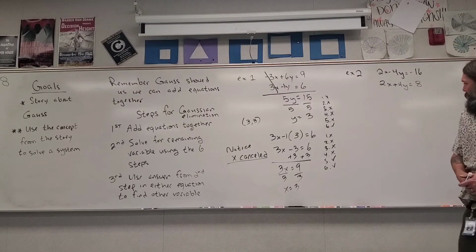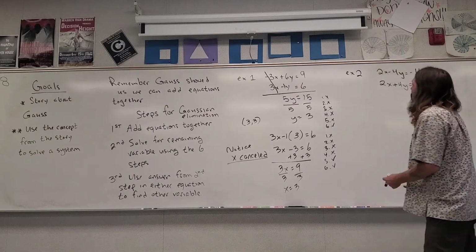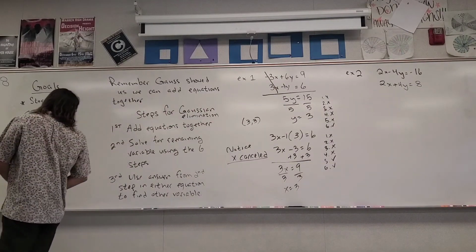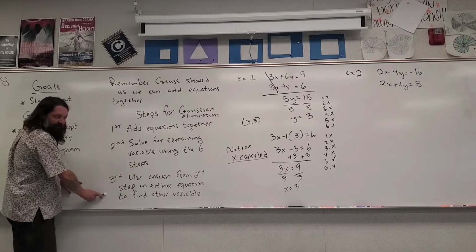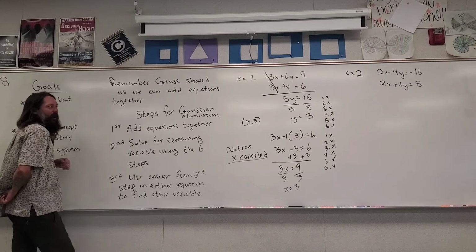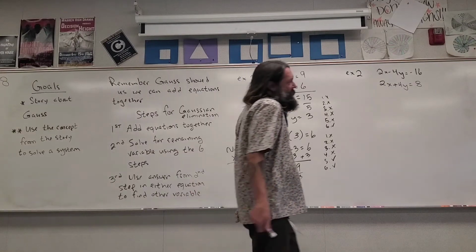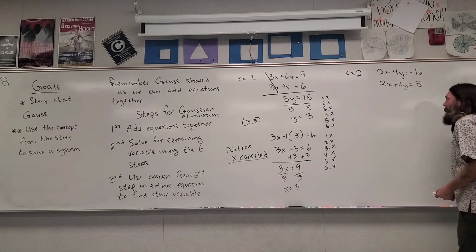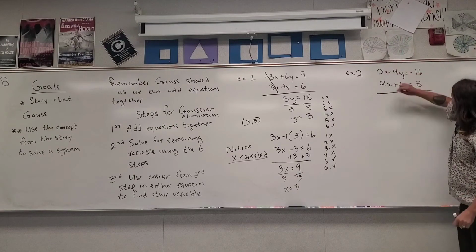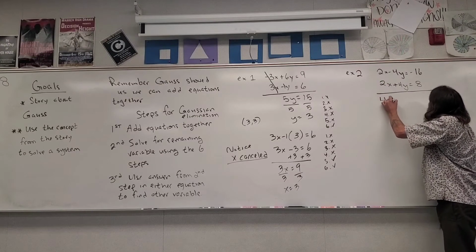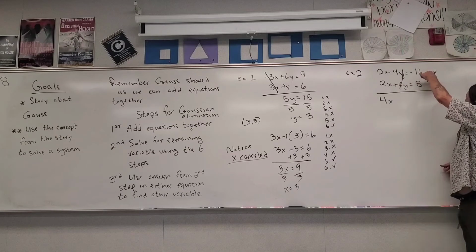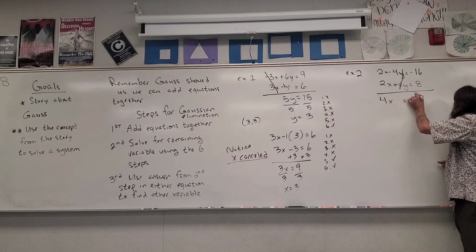Let's move on to example 2. And again, we're going to use the steps, the 3 steps to solve. I should add, we use the steps 1 through the 6 steps to find the other value, but that's okay. Let's add the equations together here. 2x and 2x, that's 4x. Minus 4y plus 4y, they cancel. If I owe you 16 and I have 8, you're going to tell me you still owe me 8.